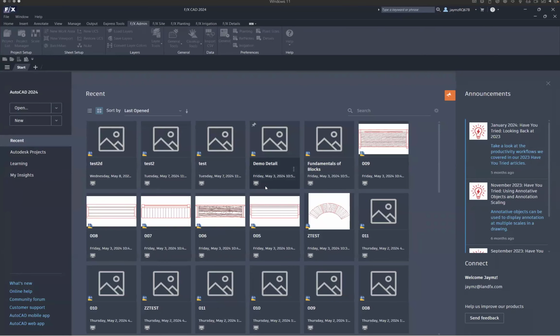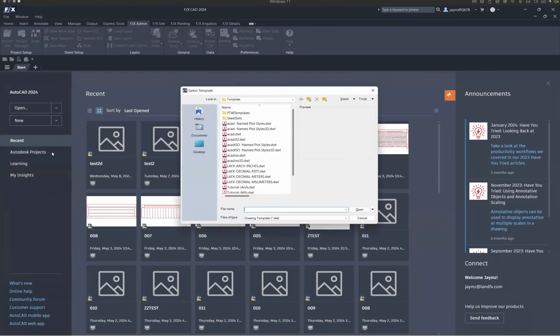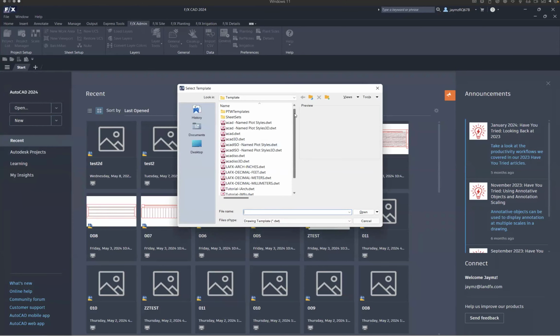Here you go. I hope you can see my screen. I have CAD open at the start screen. And the reason I have it here instead of with the drawing open is because I wanted to point out a couple of things. If I click the new button, it would open a new drawing. But if I let my cursor hover, it'll show what template I have set as my default. So you can see I have the Land Effects decimal feet template as my standard. If I wanted to load from a template, I can click this drop down menu and click on Browse Templates, and it's going to show me all of the default templates that I have here.